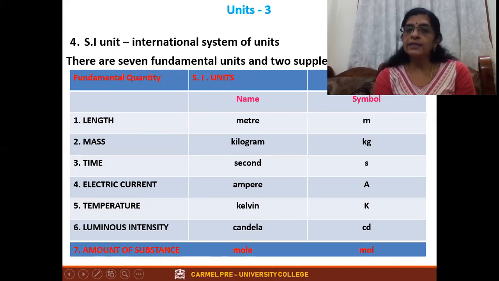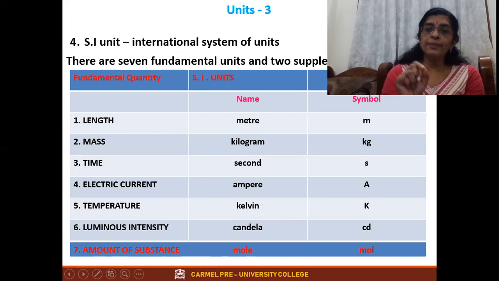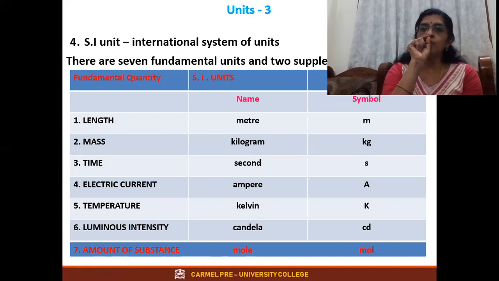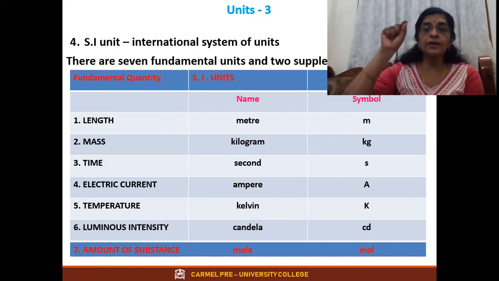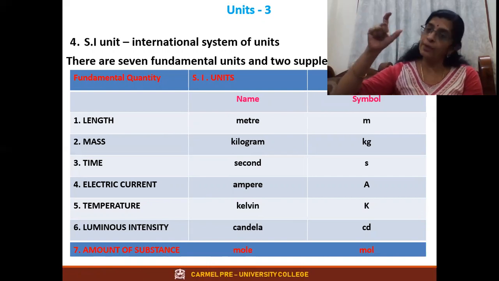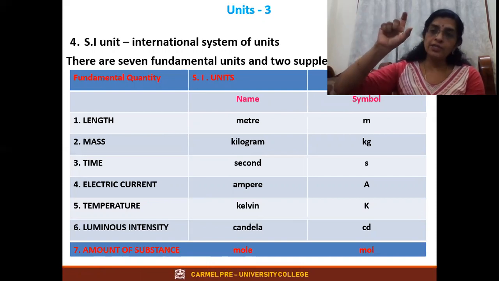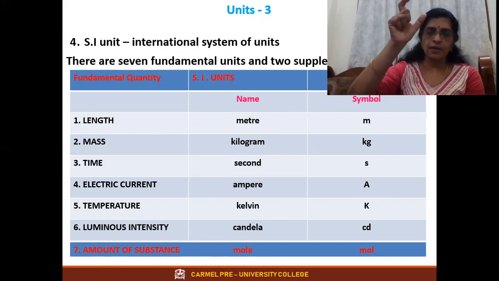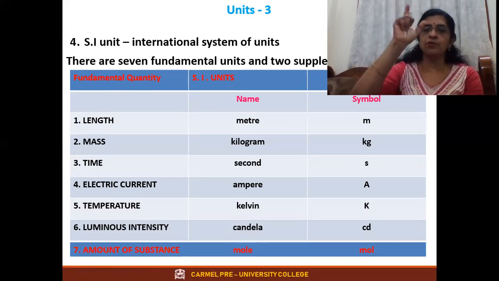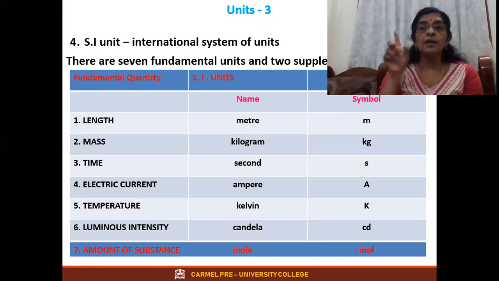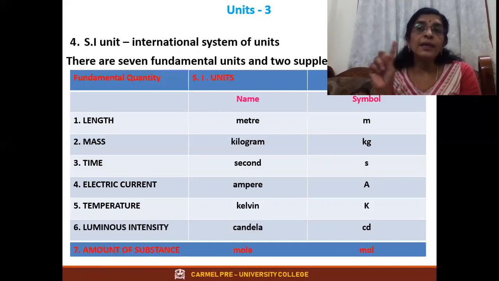Now when you take the length, you have to give a symbol. A symbol is a small representation. Say, for example, Kushal J. The J represents the father's name, right? So you cannot write the full name. Some people write it in full, but it doesn't matter. The initial represents it. So if I have to refer to this one, it is Kushal J. That is a symbol that you are giving.